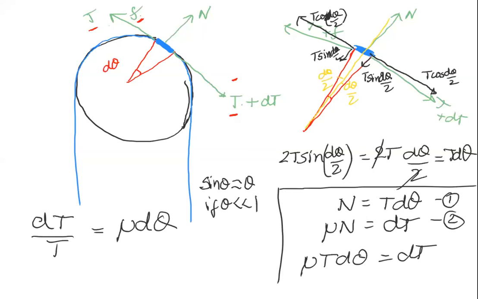And then I can say that, look, what I had done was that I had taken this angle as theta, or maybe this angle as theta, whichever you want, and I took this as dθ. If that is the case, then I can integrate this from T1,